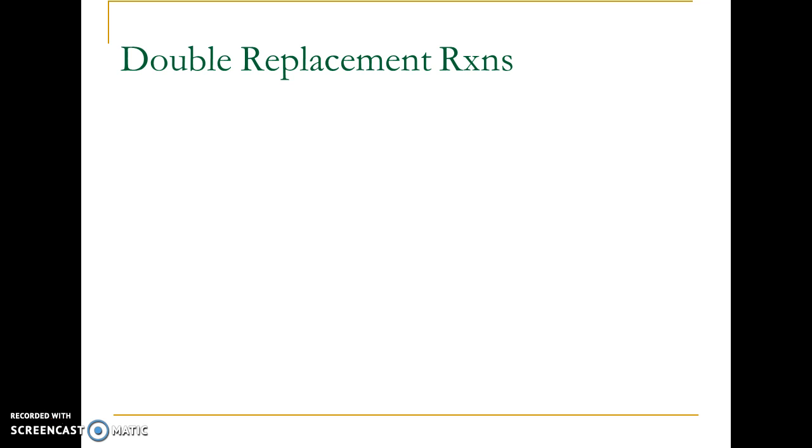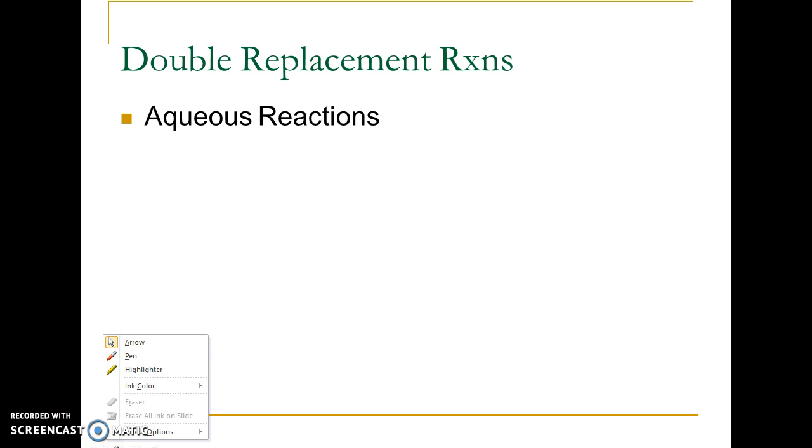Please make sure that you have your reference table available to you to complete this video. You will especially need page 6 and the solubility rules that are found at the top of that page. With this type of double replacement reaction that we're going to be discussing in this video, you need to remember what aqueous means. Remember that aqueous will be represented with an AQ, and it means to be dissolved in water. In your reference table, this will be a type